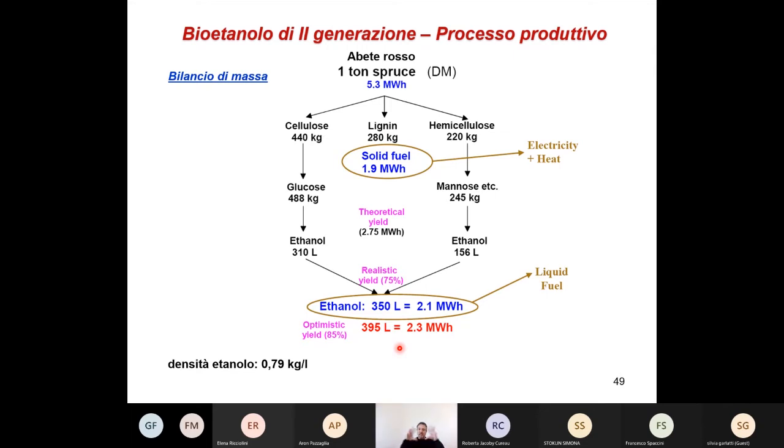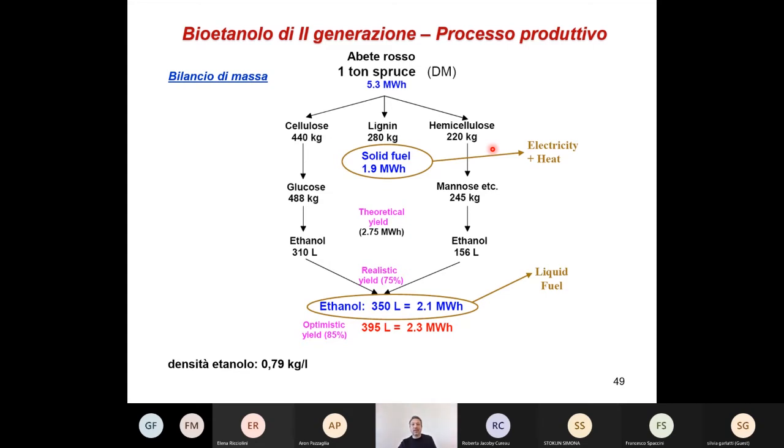First generation, 3 kilograms biomass, 1 liter ethanol. Second generation, you move from 4 kilograms to 1 liter if you only use cellulose, but you can also move to 3 kilograms to 1 liter if you also have the pentose or hemicellulose fermentation. So very close to the first generation efficiencies, considering that you are using biomass residues in general, from agriculture, forestry, and so on. It's the same story we just talked about.